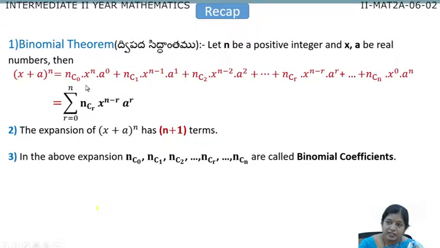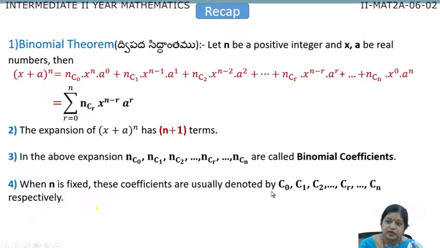In the above expansion, this nC0, nC1, nC2, so on, nCr, up to nCn are called binomial coefficients. వీటినే మనము ద్విపద గుణకాలు అని అంటాము. So when n is fixed, these coefficients are usually denoted by just C0, C1, C2, so on up to Cr, Cn. సో వీటినే మనము nC0, nC1, nC2, nCr, nCn లనే మనము C0, C1, C2, Cr, Cn లుగా కూడా మనము డినోట్